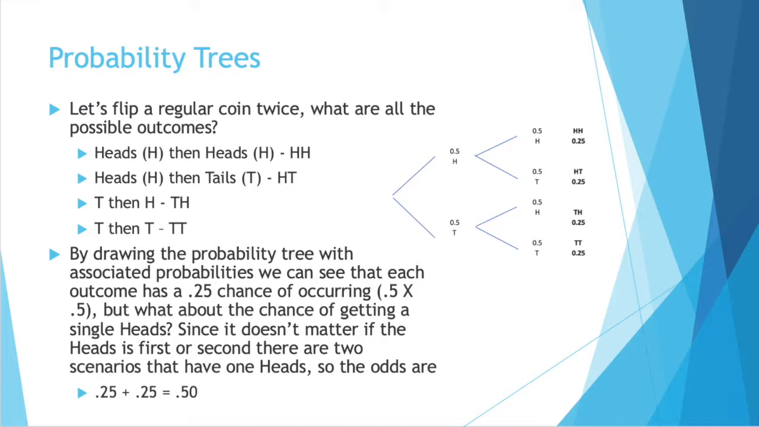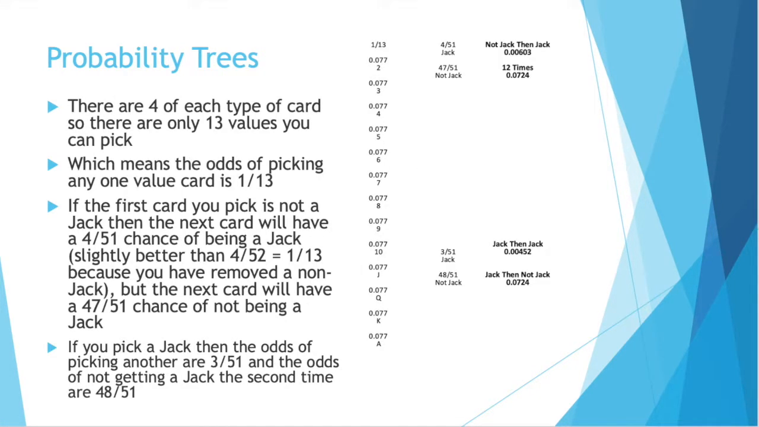So the odds are the 0.25 plus the 0.25. It's easy to understand the math when there's only 2 outcomes with equal likelihood. But the benefit of a probability tree is that they are super useful in more complex scenarios. So let's go back to our drawing 2 Jacks or 1 Jack scenario from a deck of cards,